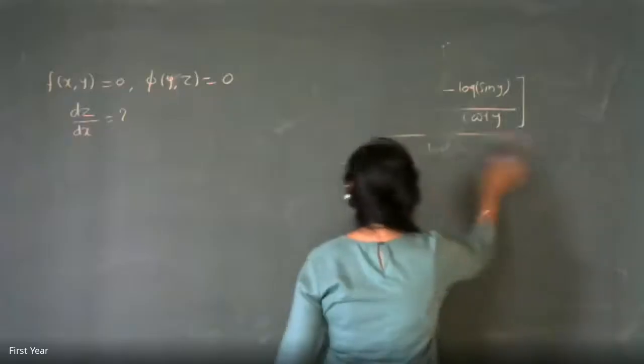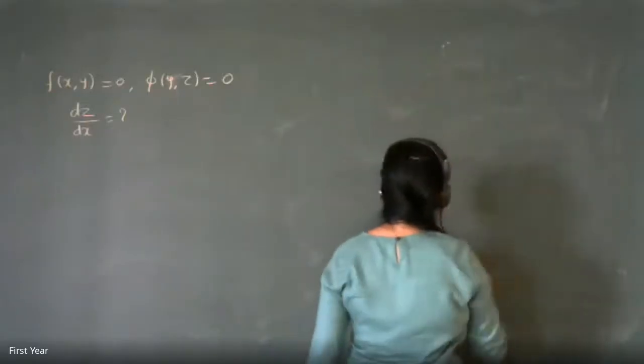No, ma'am. So what do you have to do? We have to go to the implicit function that we learned in class 12th, I guess. What do you have to do with the implicit function? The chain rule. Like we will find first dy by dx, then dz by dy. Very good. That's the thing. If you understand the concept, applying it is very simple.